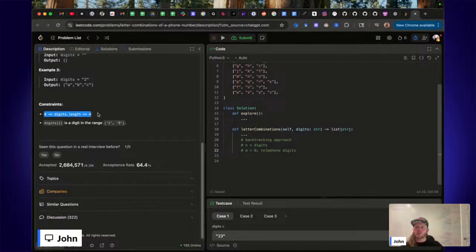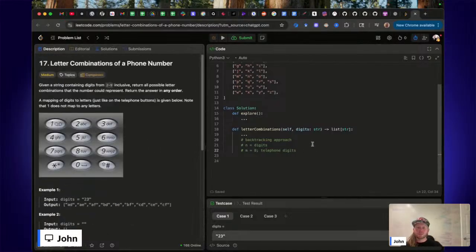Digits length is 4. Okay, so time complexity is O of n. Or sorry, O of 1. Time complexity is O of 1 because it's a bounded search space. It's a bounded finite search space. More traditionally, what we would consider here, we would consider